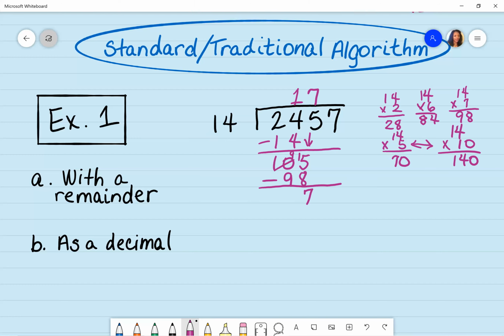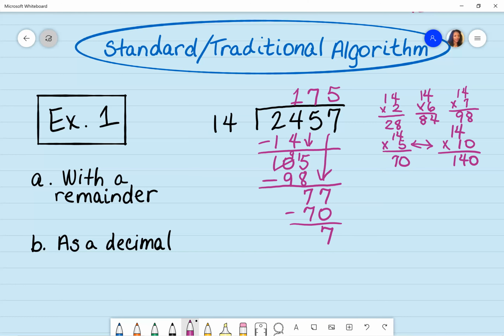Now what? Okay, and now you will have to bring the 7 down, and then you would have to do 70 again because that's the closest you can get. So that would be 5 up above 7, and then you would subtract 77 by 70, and that would be 7. All right, so I see that this number is smaller than my divisor,